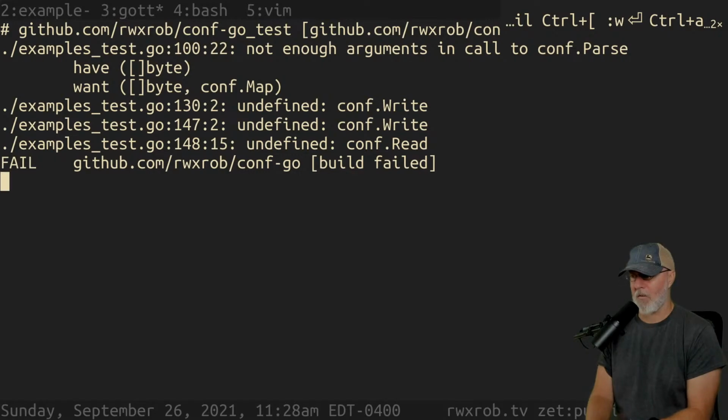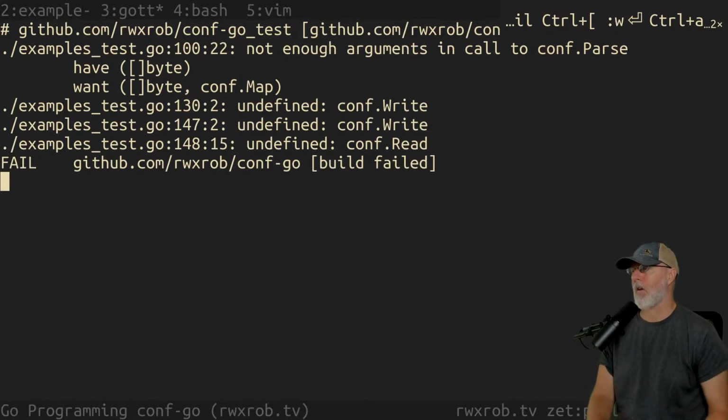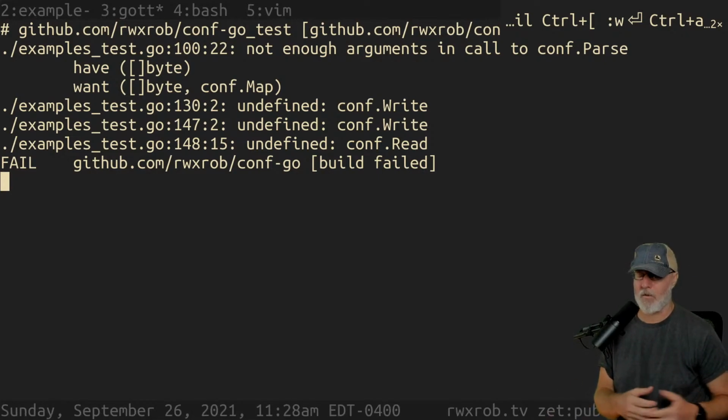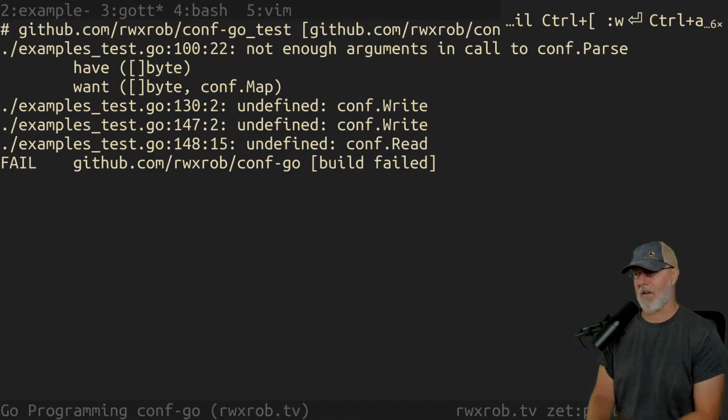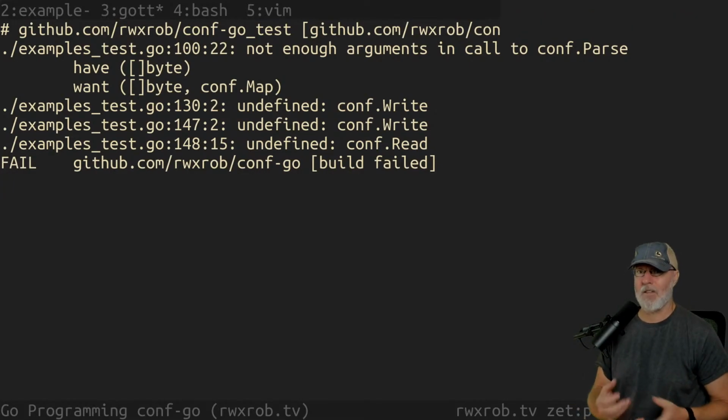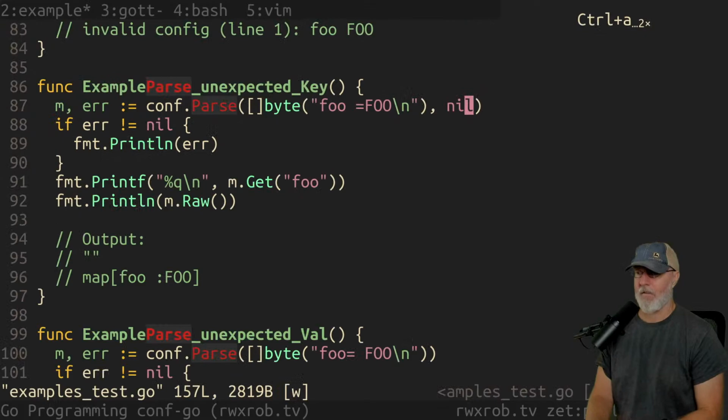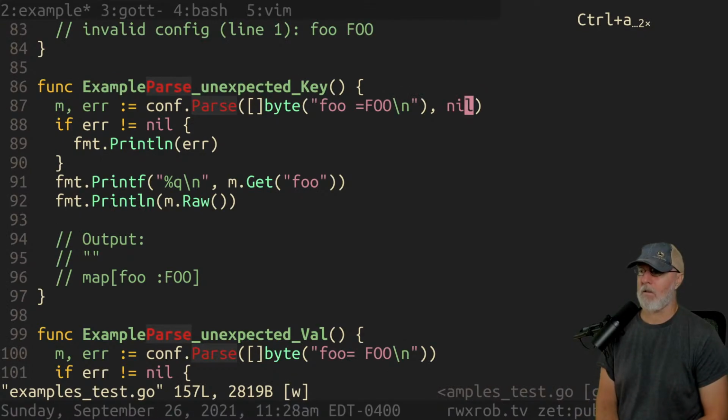This is an idiom I've seen before in other Go code in the standard library, where they'll pass in the thing to put it into that already exists, so you don't have to make a new one. The reason you want to do that is if you were to make a new one and overwrite the receiver reference, it would disconnect the thing from every place else, and you'd have massive nil pointer errors all over. So you don't want to do that. If you wanted to actually put whatever it's parsing or something new into the thing, you need to pass it in. Now you could make the argument where